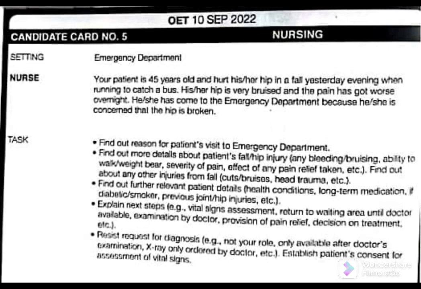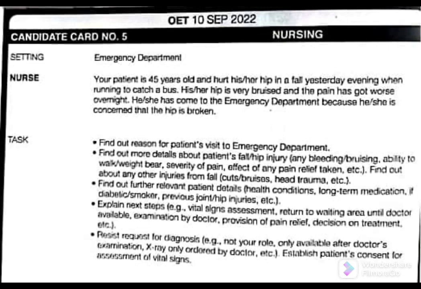Then the patient is telling that, oh, I don't smoke. Then we can ask the last question, whether you had any joint or hip injuries before. The patient is telling that no, nothing has happened before. Okay. Then the next step is to explain the next